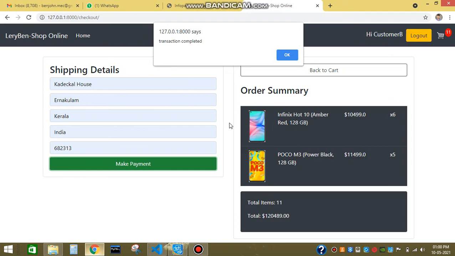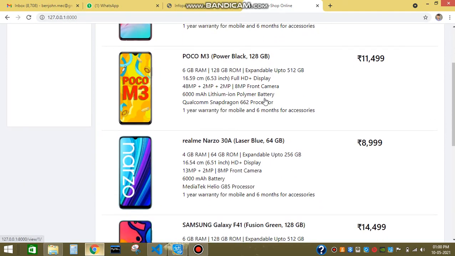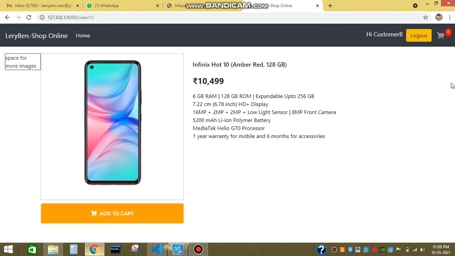So we can begin the process to ship this to his shipping address. And when one order of a customer is completed, the cart is automatically reset to zero, so that he can do another purchase.